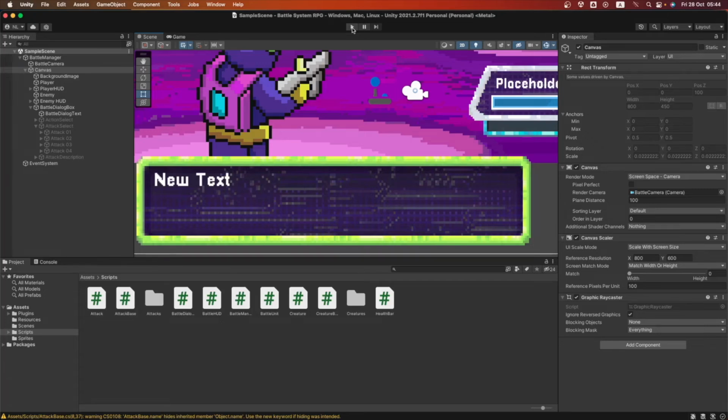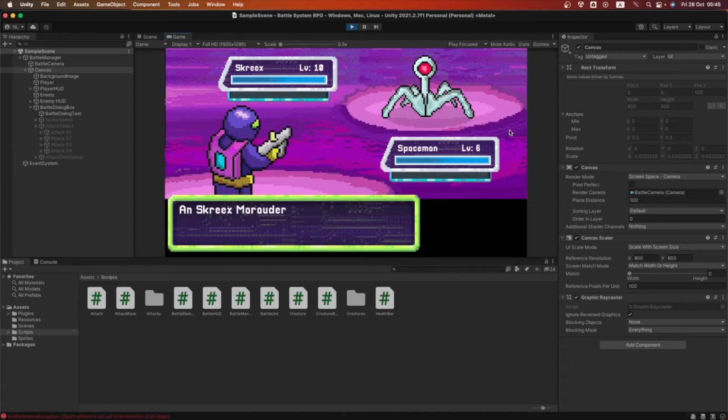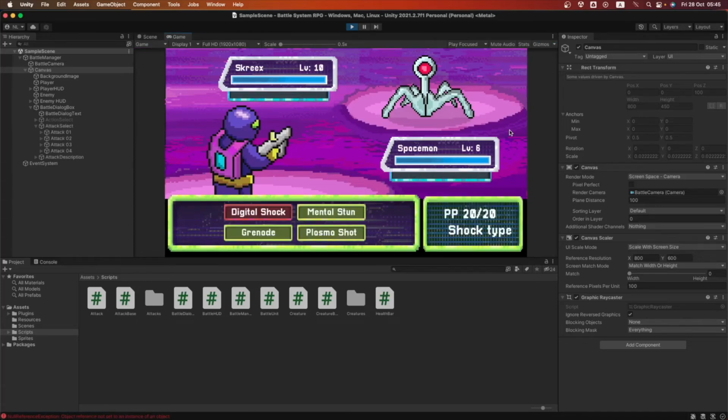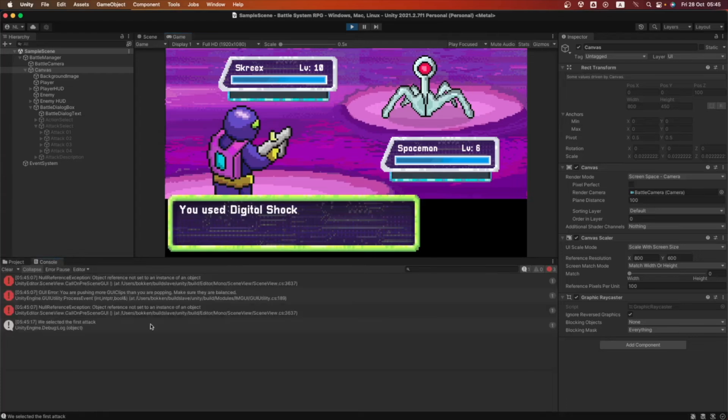To see if we click that first button of the attacks, we're gonna perform. We can see the message here in the console, and we can see the message reading here. So let's play here and let's see what happens. We can see everything's working. Let's press fight. We have our attacks, and let's try clicking on digital shock. There it is. You used digital shock. We are already getting the info for our attack.